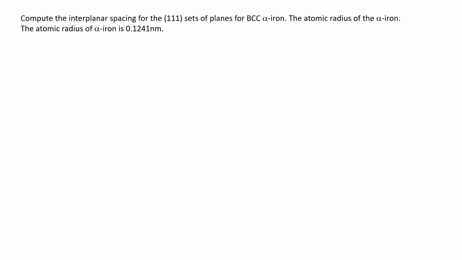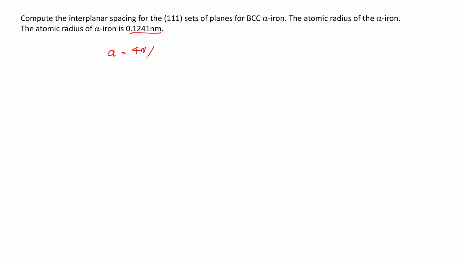Go to the other problem. Compute the interplanar spacing for the (111) set of planes in BCC alpha iron. The atomic radius of alpha iron is given as 0.1241 nanometer. Okay, so we know the relation between a and the atomic radius for the BCC crystal,